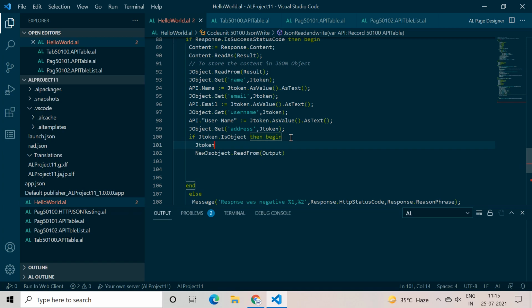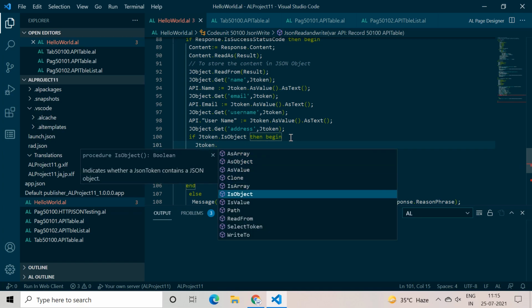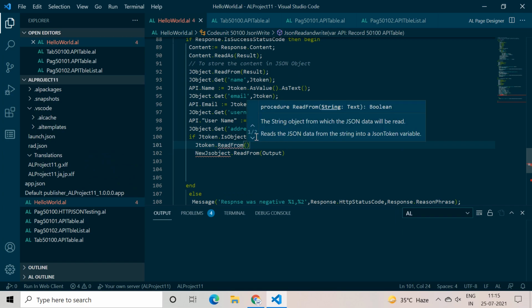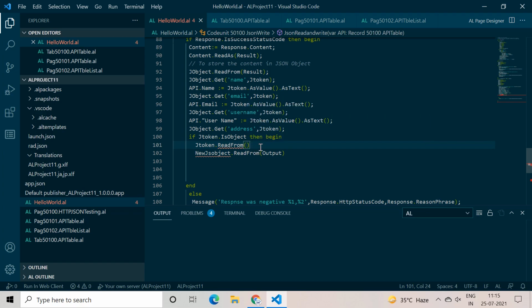So we can type JSON token read from, and we also see that it takes similar kinds of parameters.